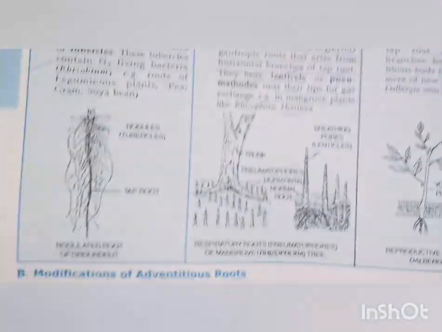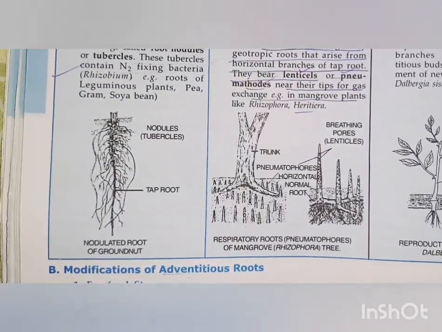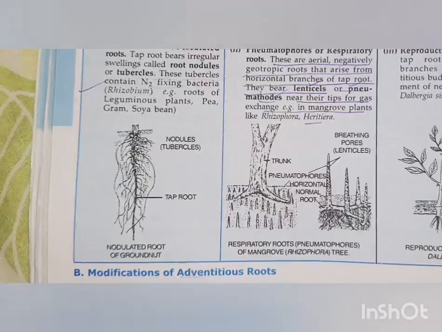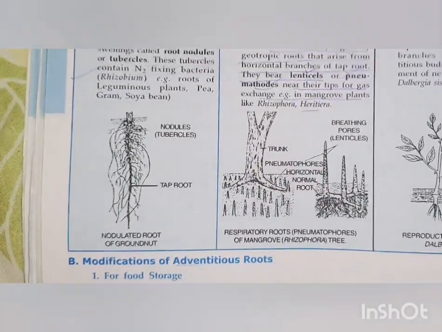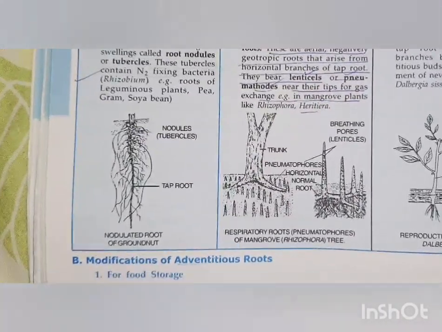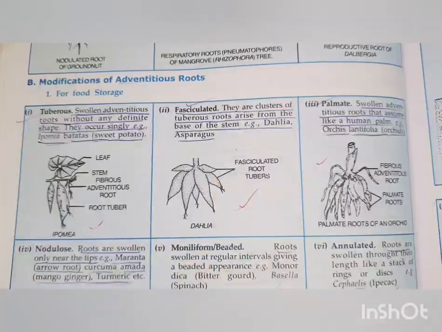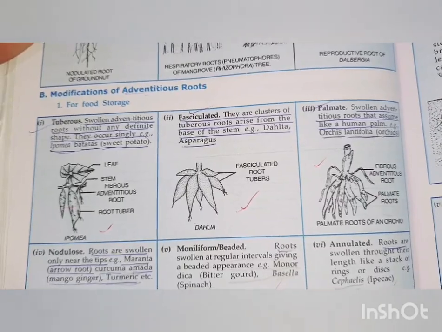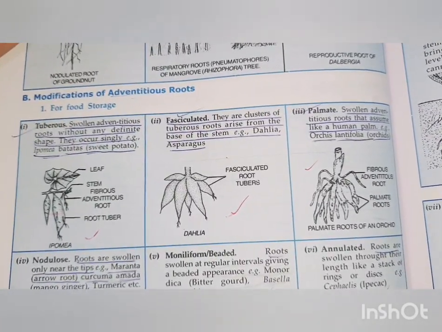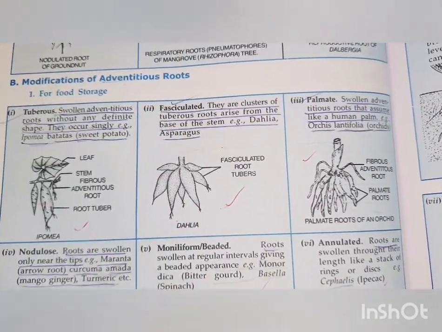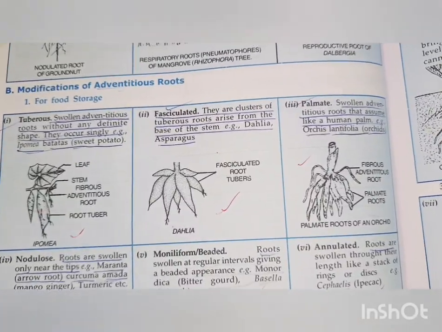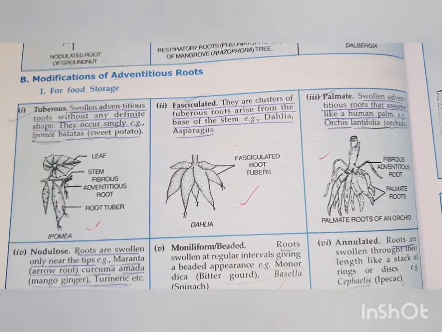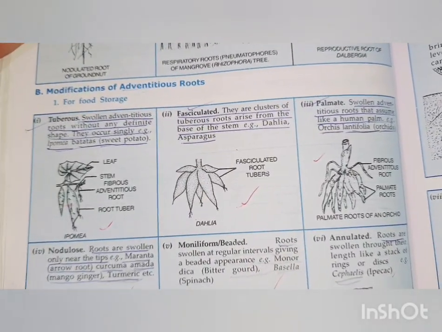Then reproductive roots, which are a modification of tap root. Their branches bear adventitious buds for development of new plants, present in Dalbergia sissoo or sheesham plant. Sometimes adventitious roots also modify for food storage, as in tuberous root, which is found in Ipomoea batatas, that means sweet potato. Then fasciculated roots, which are clusters of tuberous roots arising from the base of the stem, as in dahlia